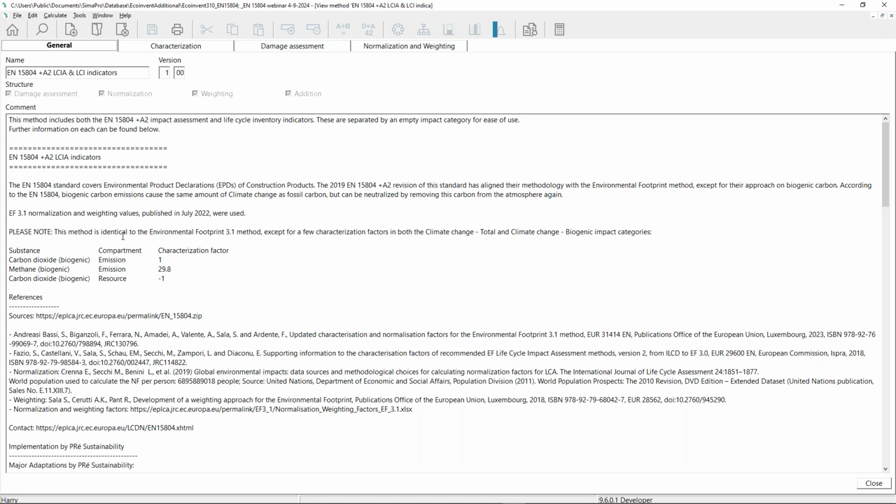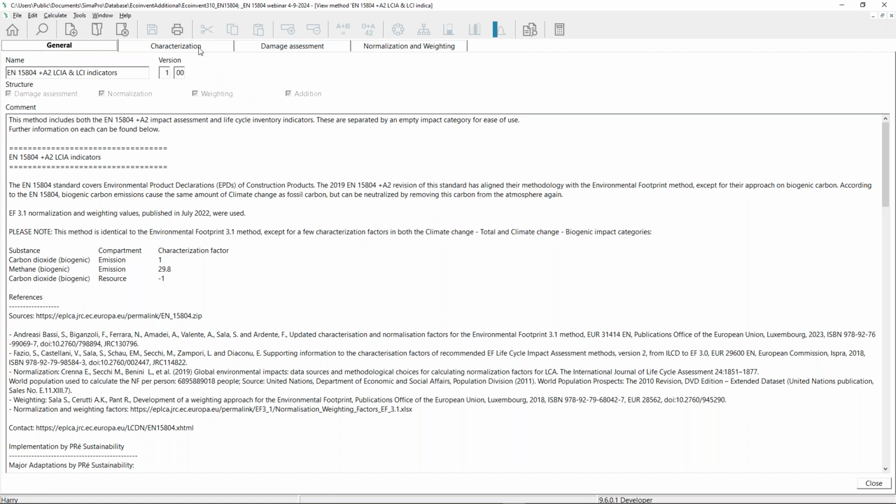So in this case, and actually it is already in this specific method as supplied on the website of the Joint Research Center, like probably most of you know, the difference compared to the environmental footprint is that the environmental footprint, at least in version 3.1 and until version 3.1, neglected the uptake of carbon dioxide and the emission from biogenic material, while the EN15804 requires to declare the uptake and the emission where it takes place. So that is included here.